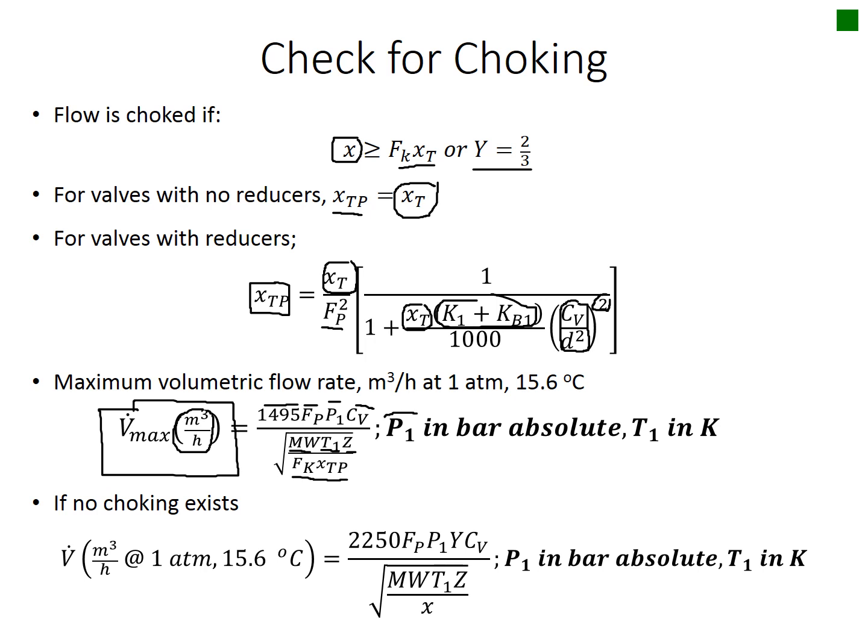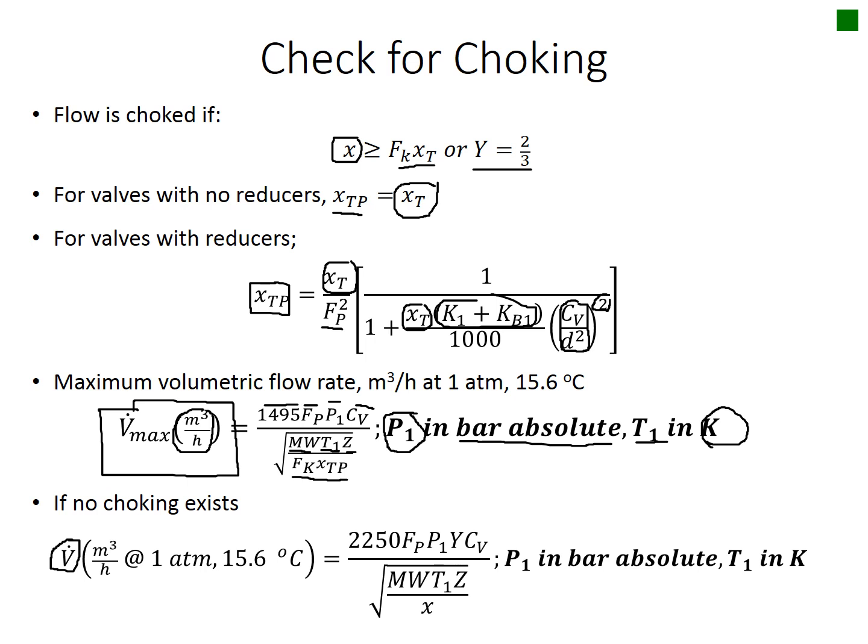Here, note that my P1 must be in bar, absolute pressure, and my T1 in this case must be in Kelvin. If no choking exists, our volumetric flow rate